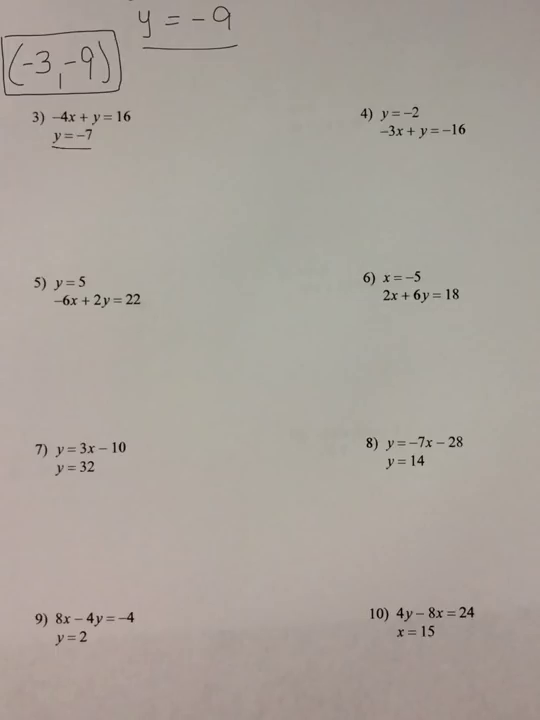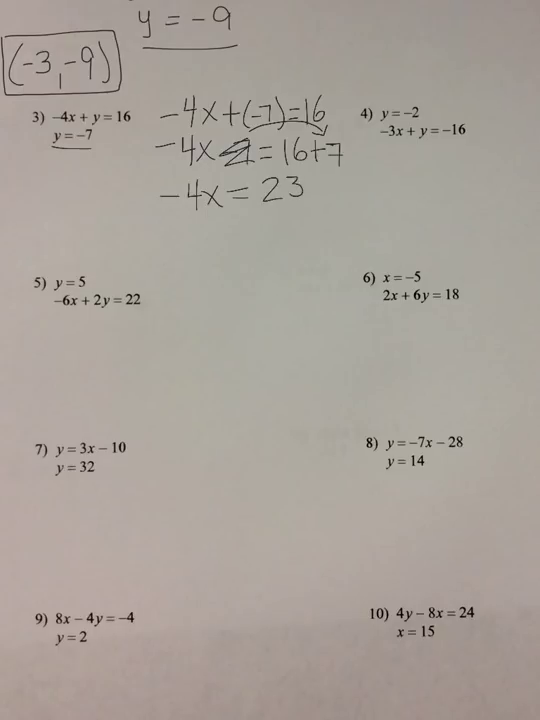Here they give us the y value. So then I do -4x plus, instead of y, I'm going to put -7 equals 16. So then I get -4x minus 7 equals 16. And I'm going to move this to this side by changing the signs. So this cancels out, and it'll be -4x equals